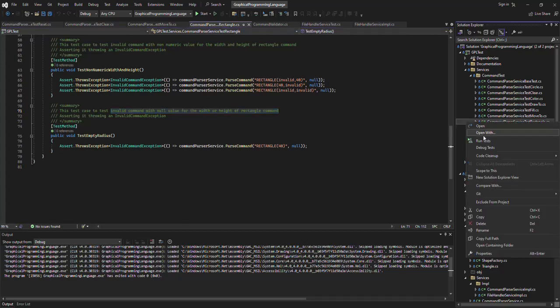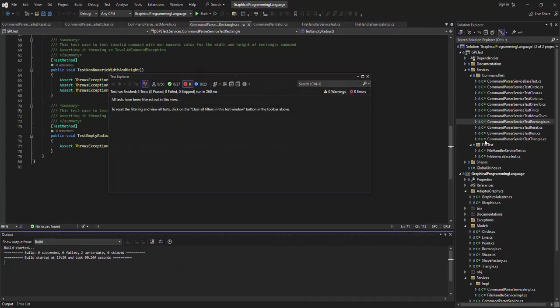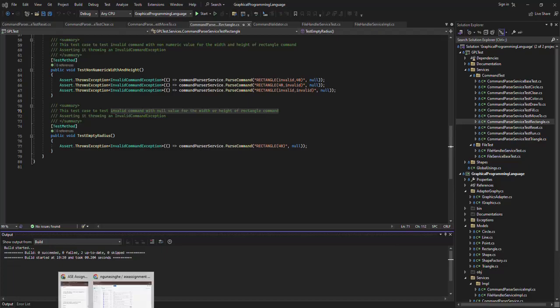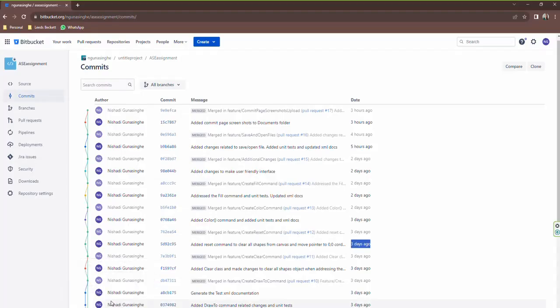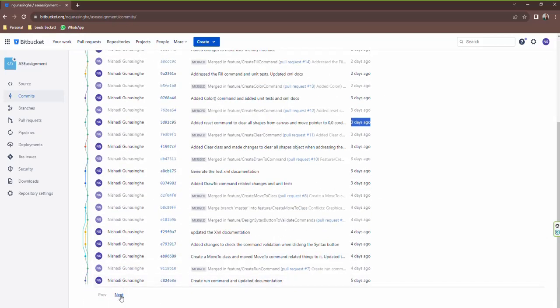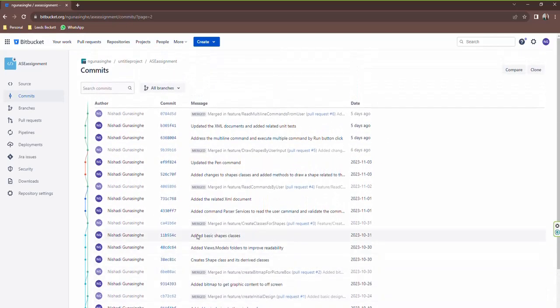So yeah, I'm now running this rectangle test here. Here you can see it's having 5 test cases, and all the 5 passed with 0 failures. So yeah, actually I have created this